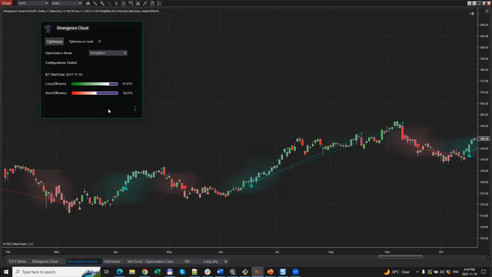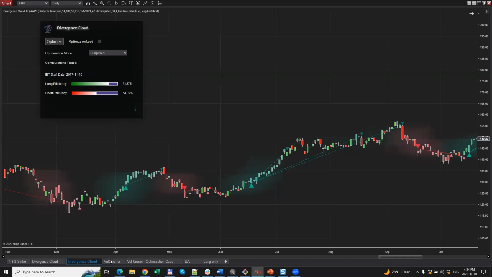But for you, knowing whether long signals work better than short ones or vice versa is very important, because, you know, how would you deal with it? Well, you would focus only in this case on the long entry signals because they've been working out better, and ignore the short ones. And again, avoiding a trade, as mentioned before, can be the best trade advice that you can get. Now let's move on.